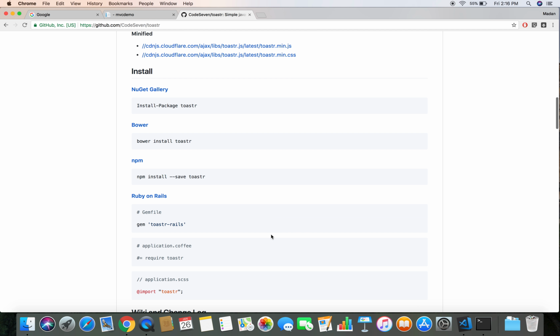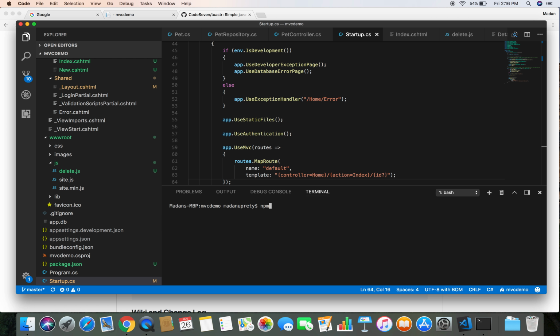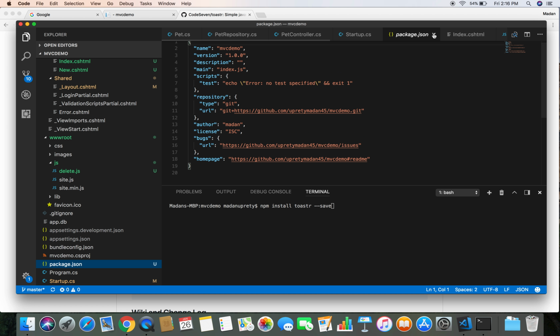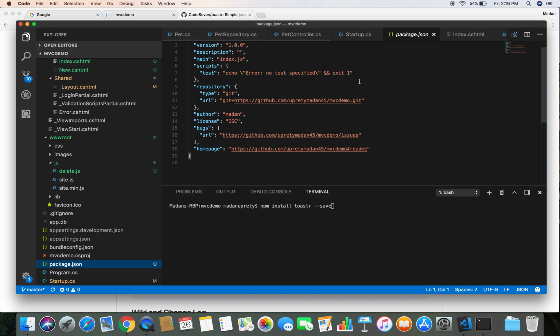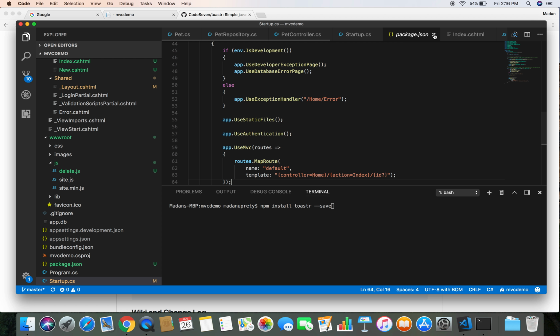toaster, this command here, npm install toaster. So let's install the toaster here, npm install toaster. And what this save switch does is it will add the name of the package in our package.json file, so that we can easily know what packages we are using in our application by looking at the package.json file. So let's hit enter,